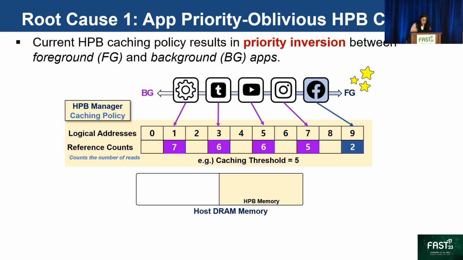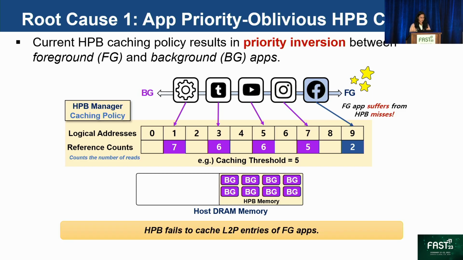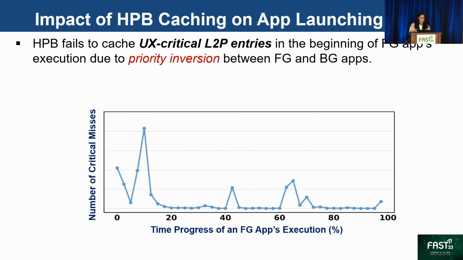So here, for example, it caches entries referenced more than 5 times. Since background apps have been used for a longer time than the newly launched foreground app, HPB caches less important entries associated with background apps. So HPB fails to cache useful L2P entries of foreground apps that have a high impact on deciding the user-perceived latency. As a result, HPB fails to cache UX critical L2P entries, and foreground apps suffer high critical misses in the